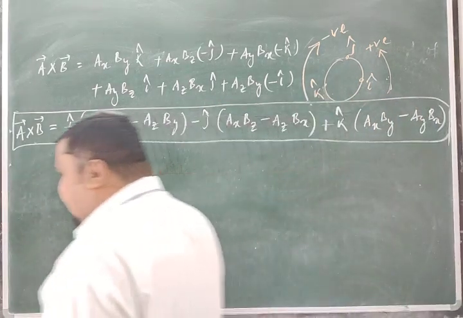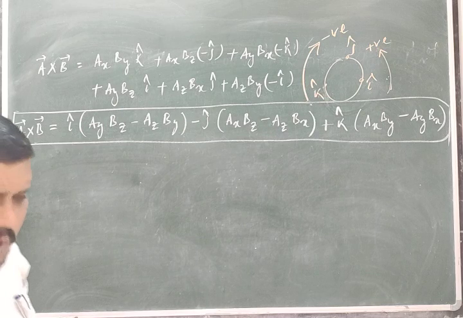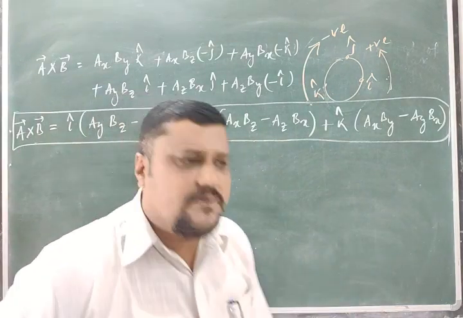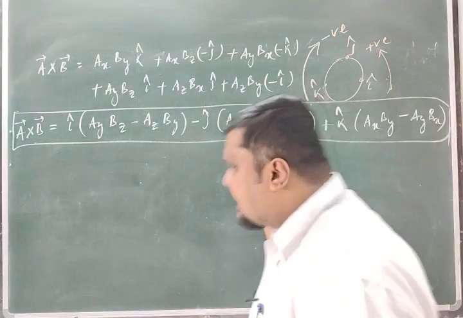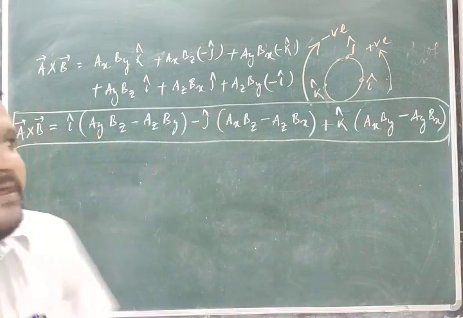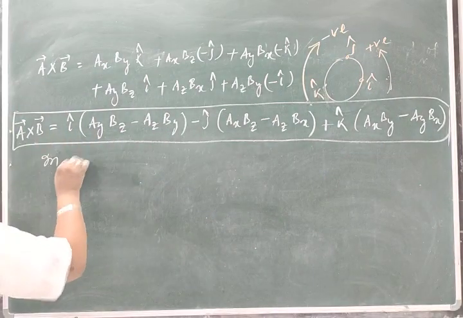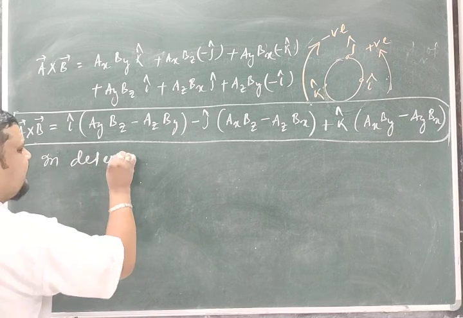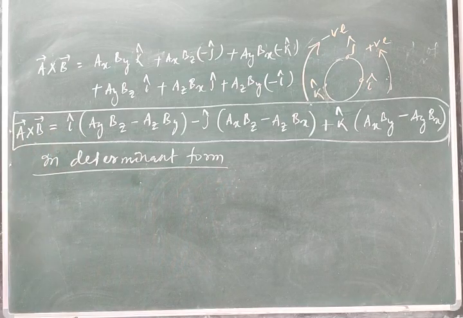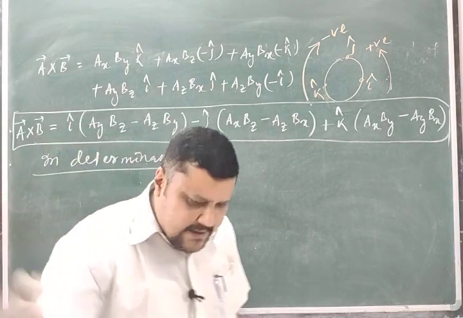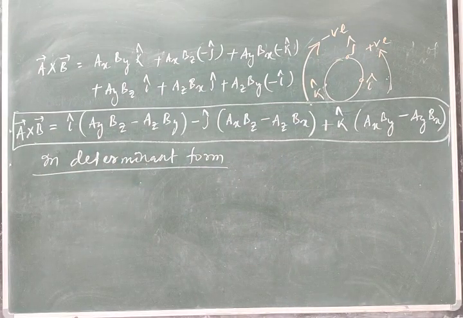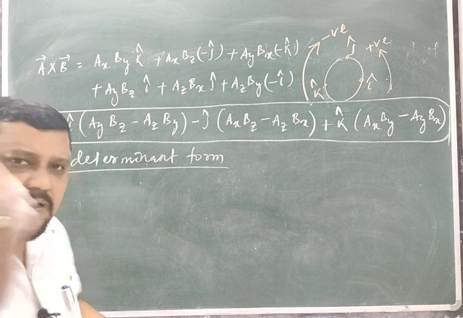Then this is very difficult to remember, to memorize. It is very difficult to memorize or to write. If I ask you to write A cross B, it is very difficult to memorize. It is also difficult for me to memorize this thing. So to understand this, we use the indeterminate form. And remember, indeterminate form we will discuss in your mathematics in due course of time. If someone has an idea about this one, then he can understand.